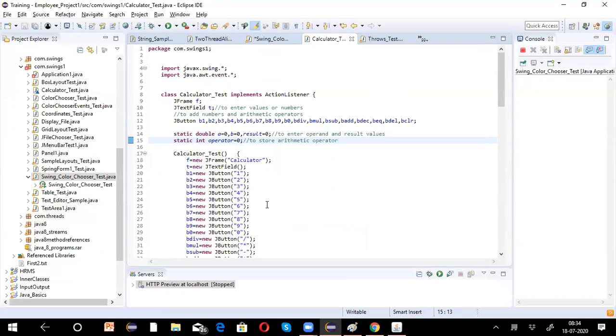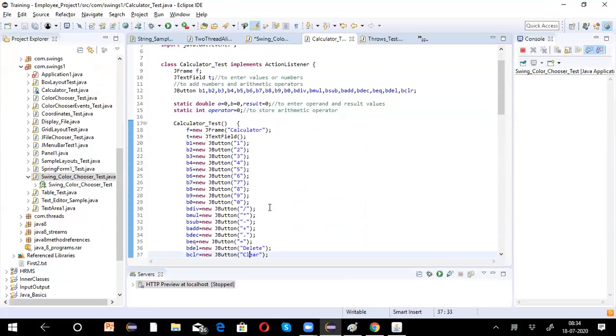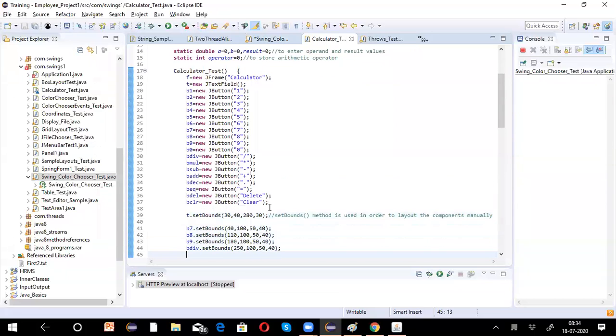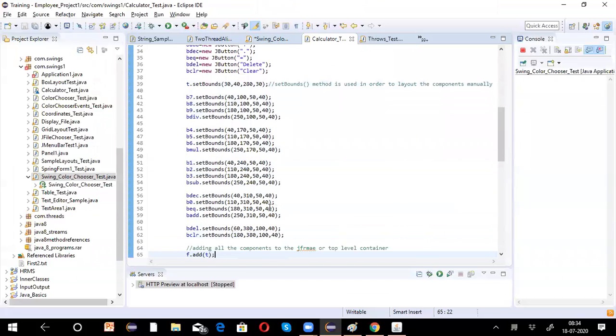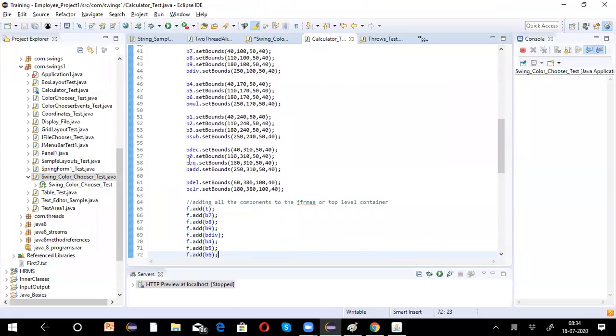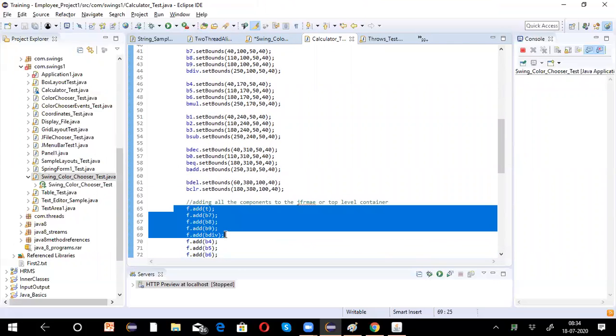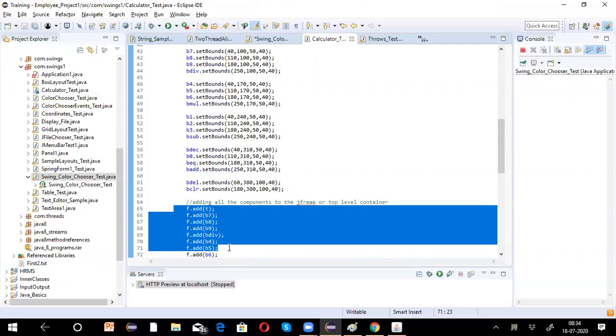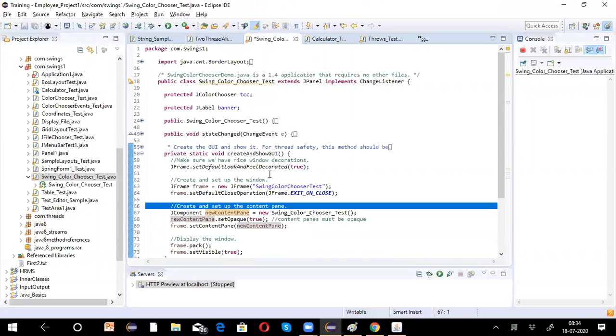We take components and then we add them to the frame, f.add. We must add the components to the frame. Similarly, instead of adding a button, the panel should be added using the JComponent.